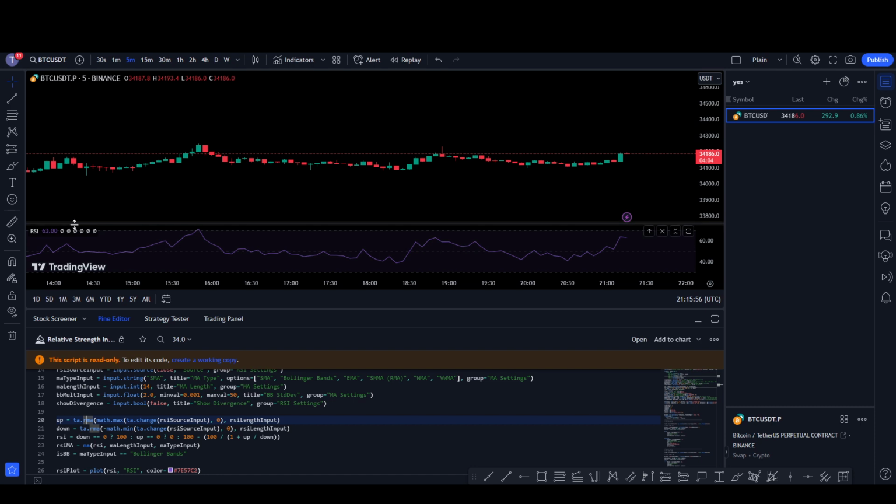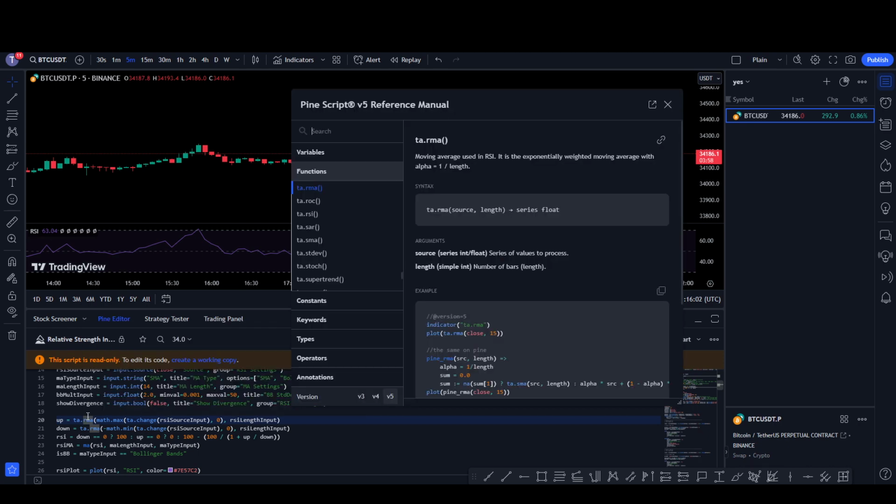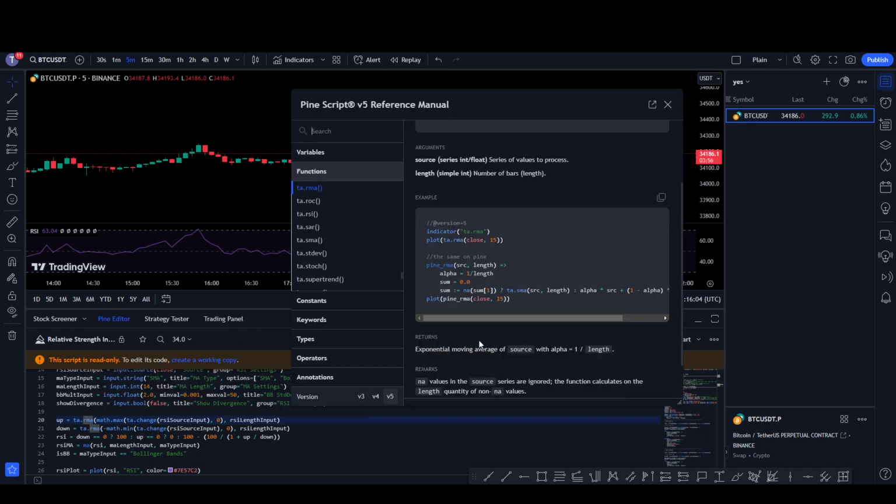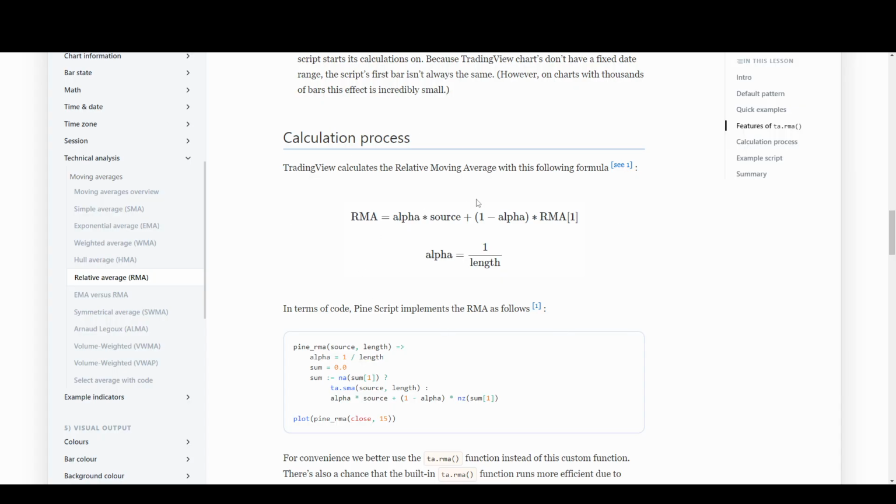If you look under the hood of the RSI right here, and you go to the source code, you'll see here that it has this RMA thing. So if we control click on the RMA, you'll see that it brings up this interesting thing here. Now I'm going to bring up this other website that I found because it makes it a lot easier to read. But you either do the SMA once, and then after that you do alpha times source plus 1 minus alpha times the previous value, and that's how they calculate their